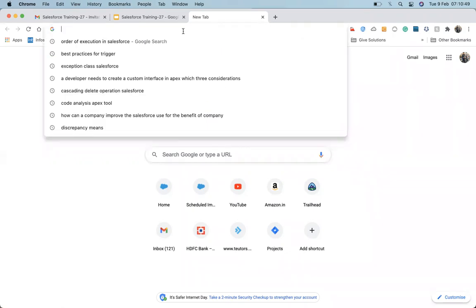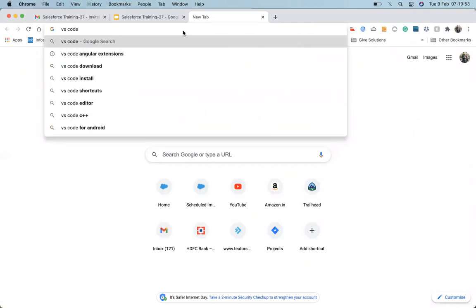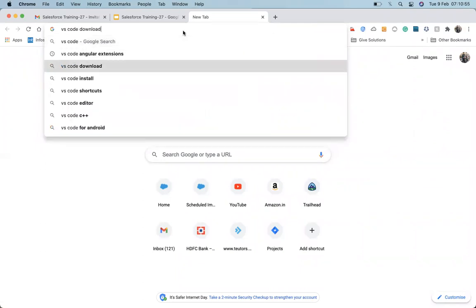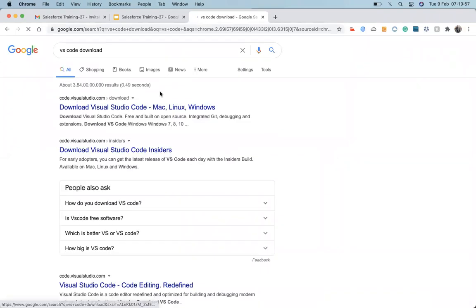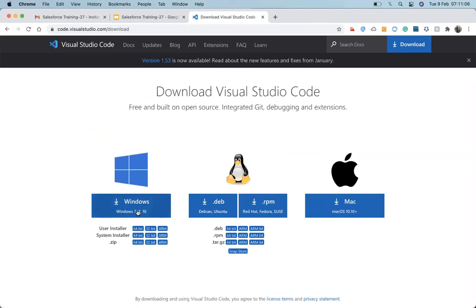For installing VS Code, we need to search in Google for the download. If you have Windows, then follow this one. If you have a Mac, then follow this one.